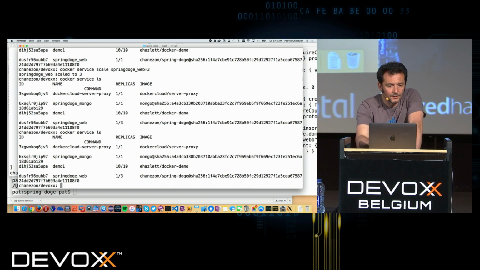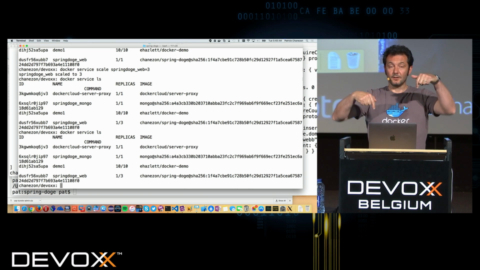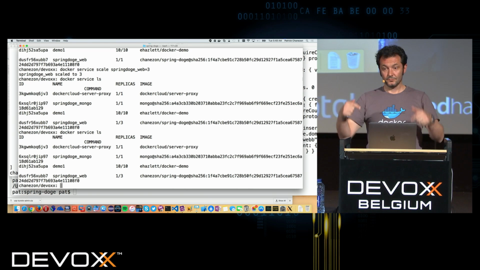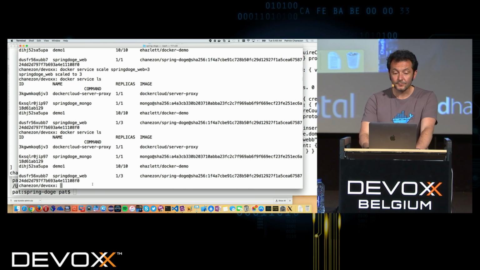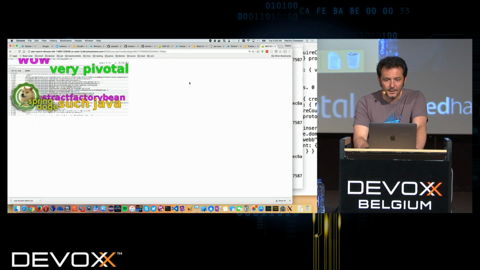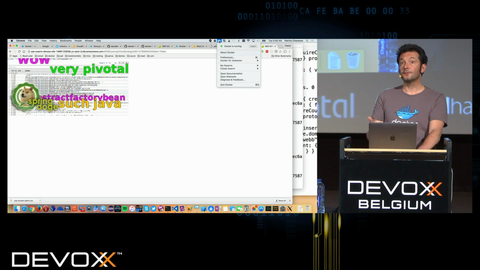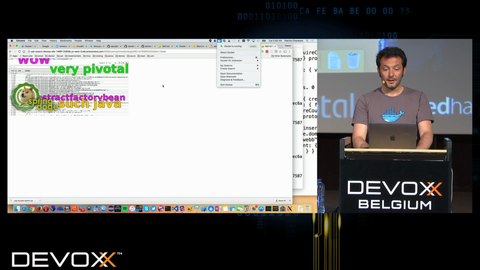So here I have 1 out of 3, and it's going to create 2 more. And the load balancing in the cluster is just going to send the workloads to the right containers. Okay, so that's the Docker for Mac and Docker for Amazon integration.